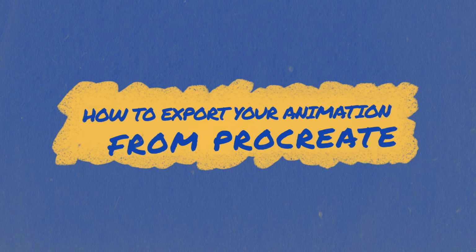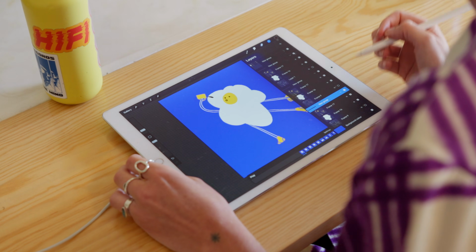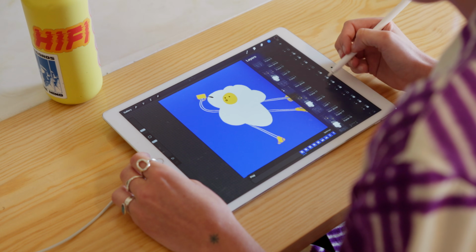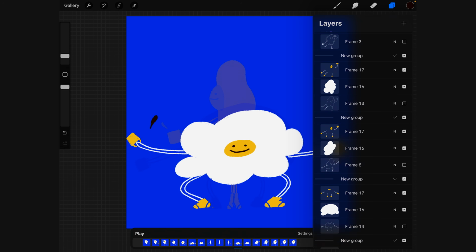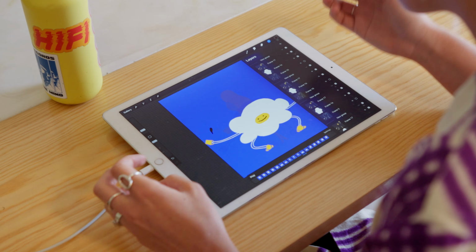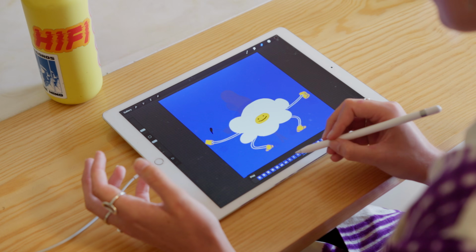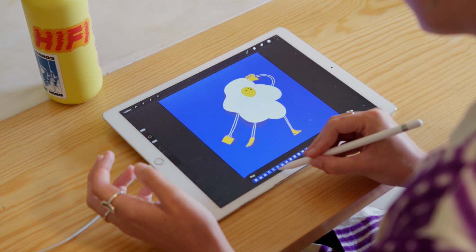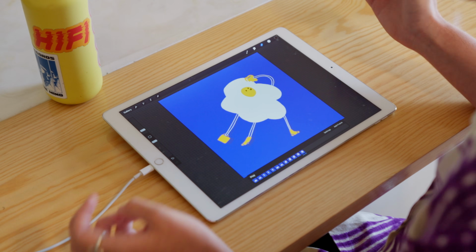So the next step is to export this and get it into After Effects. For that, we basically need to go through each one of these groups and make sure that all of these rough animations are turned off, moving all of these drawings out of their groups, so the animation will no longer play down here. We want to make sure that we're really happy with the movement before we get into this next step and moving it across.